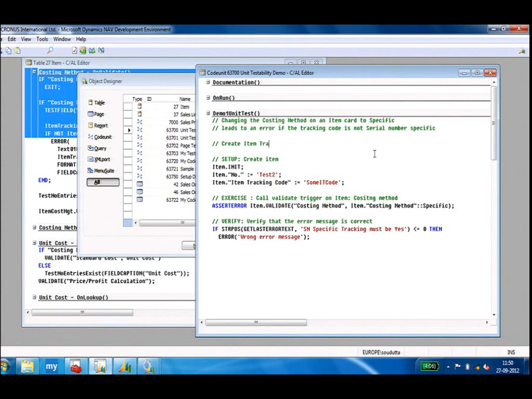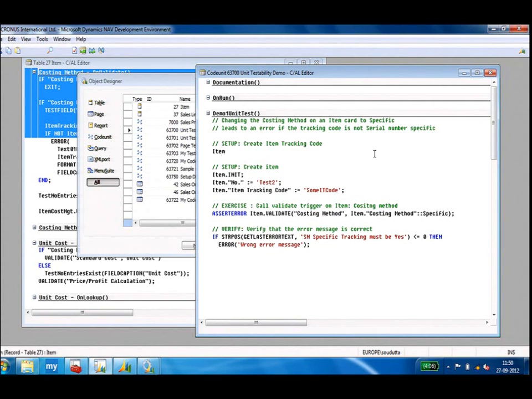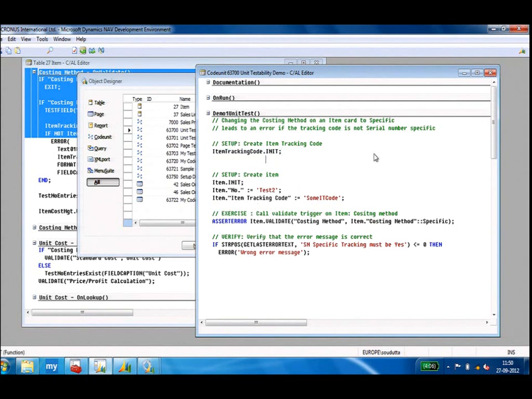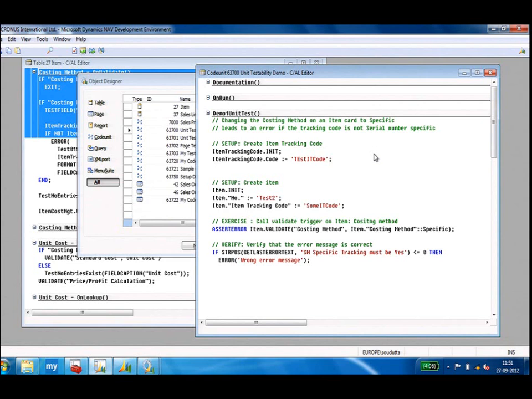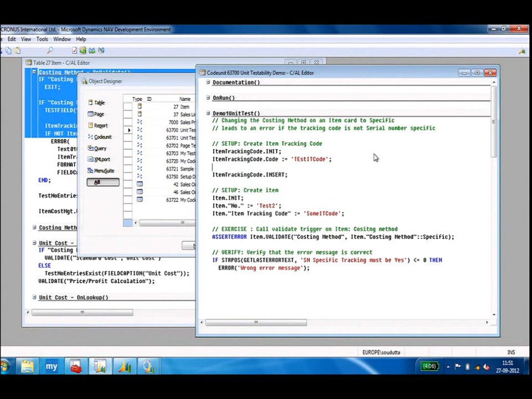Create item tracking code. So it's the similar thing. We call the init first. At this point of time, we fill in the primary keys. Test ID code, let's say. And we say insert. Now, the key thing here is that the SN-specific tracking field in the item